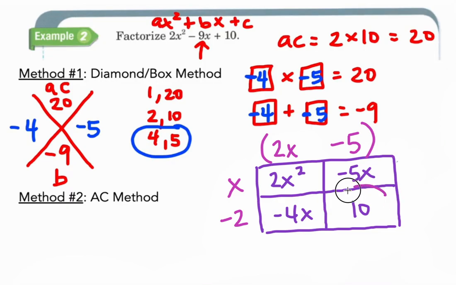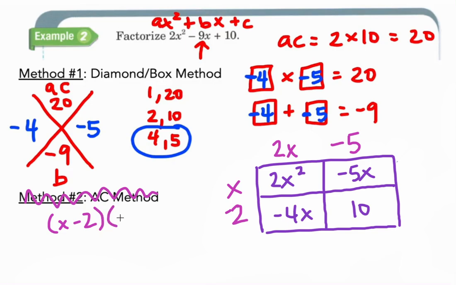And then look, this works out. Negative 2 times negative 5 is 10, a positive 10. Okay, so I just put little parentheses here because it's kind of like your two binomials. I can also rewrite this into x minus 2 times 2x minus 5. So then when I am using FOIL to check my work, x times 2x is 2x